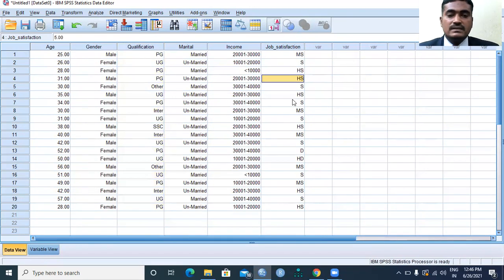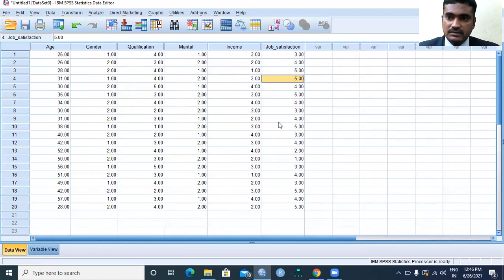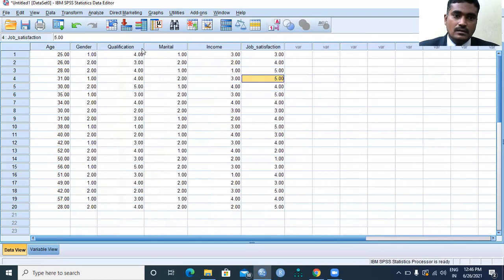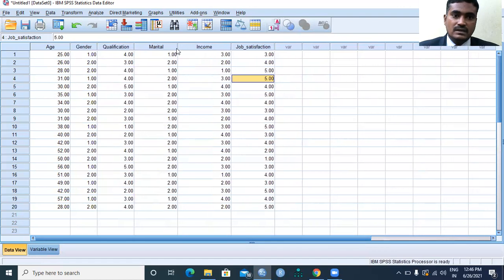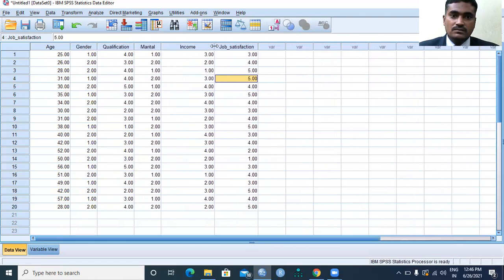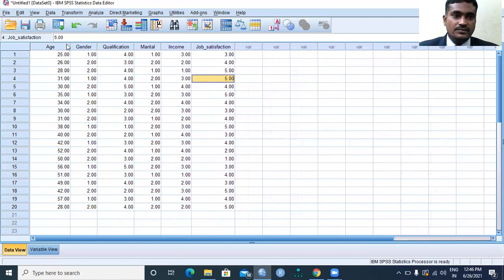Likewise, if you want to view the value labels, you can view them. Otherwise, if you want to view the codes also, you can view them. No issue, both are possible. You can view whatever you want.